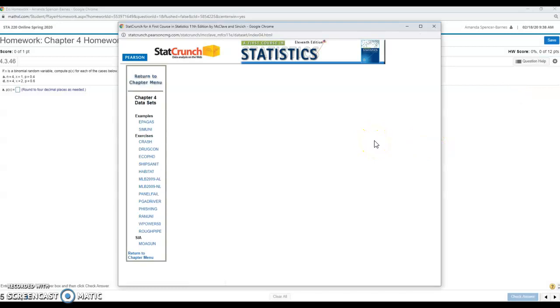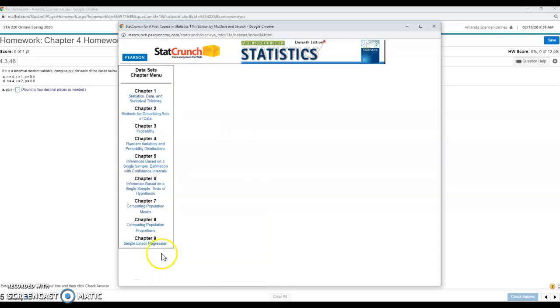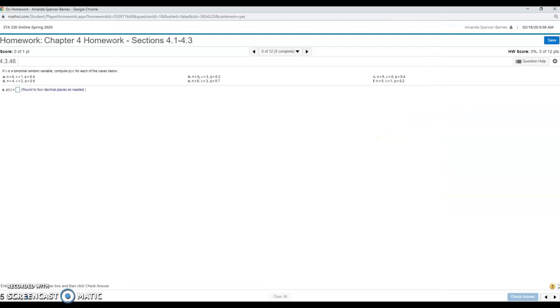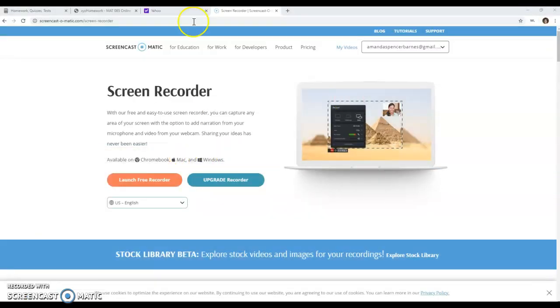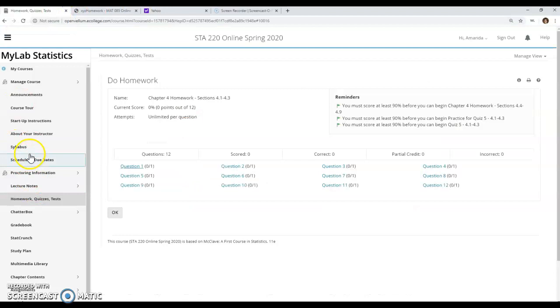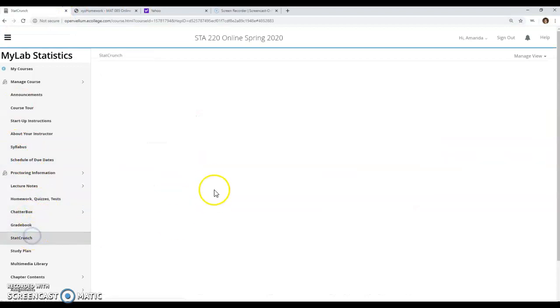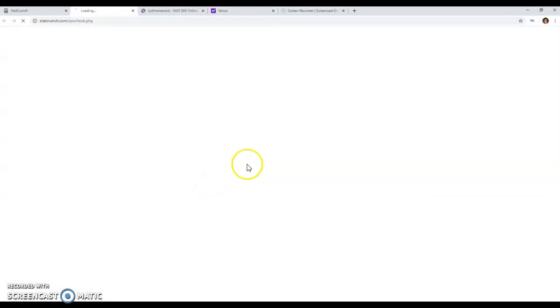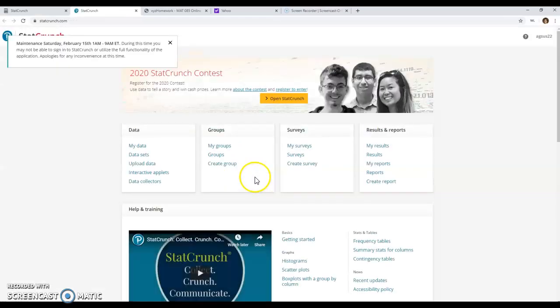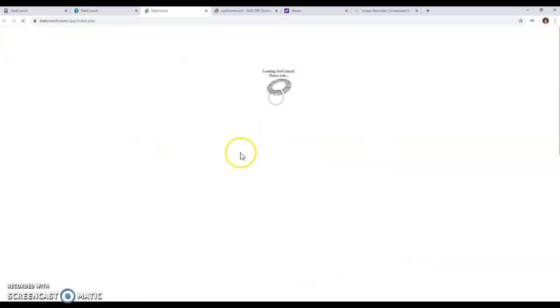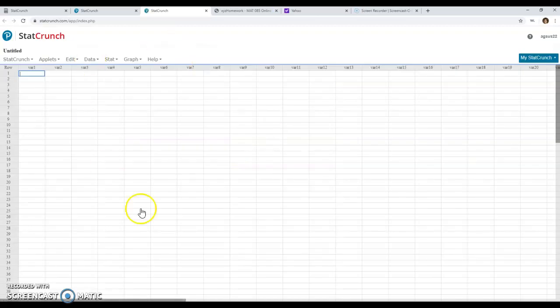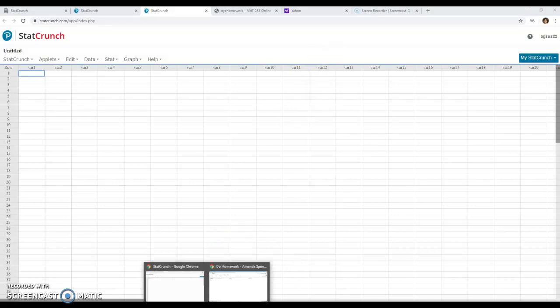When Statcrunch opens, it didn't really do what I wanted it to do here. Let me go back to the class and do this a different way. So when I click on Statcrunch to open it, I get just a blank window, and then we're able to go back to our question,